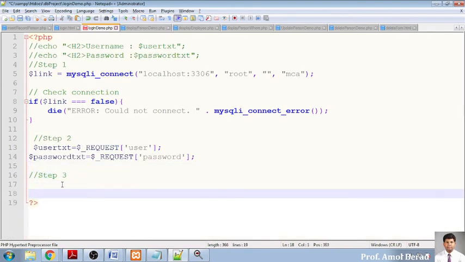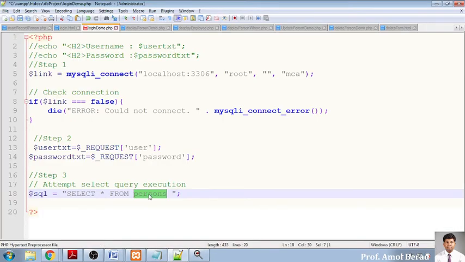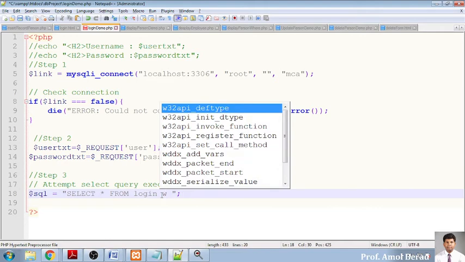Step number 3, we will be firing a query. Now what is the query? Select star from the name of the table. So the name of my table is login. The name of the table is login. That's it. Where, now here the query will be changed. Where,